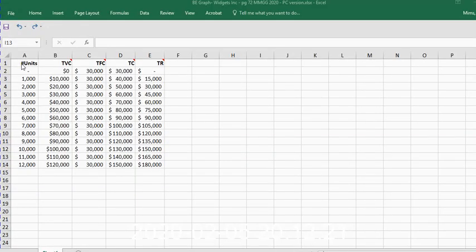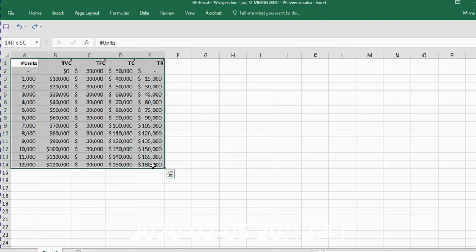Okay, so now we're going to start using this data we created to generate a chart, a graph, a break-even graph. What I'm going to do is start here in A1. I'm using my Shift key to highlight, or select, which is the more proper word, this entire area. And once I have all of this data, including the headers, selected,